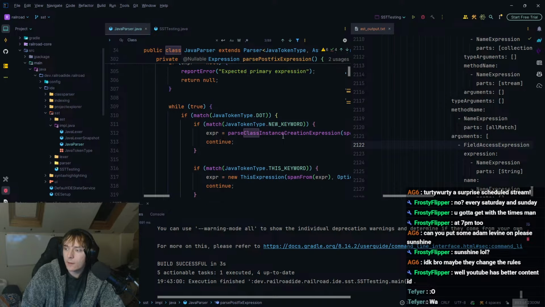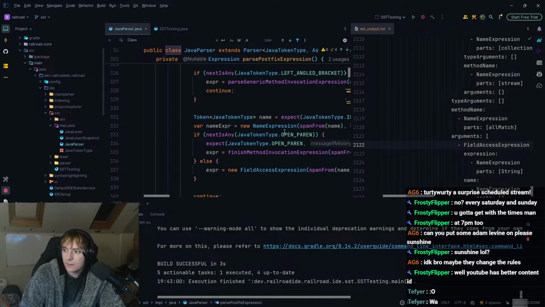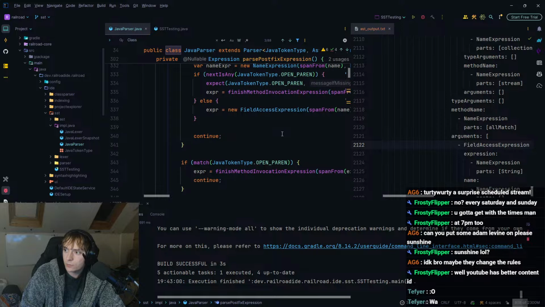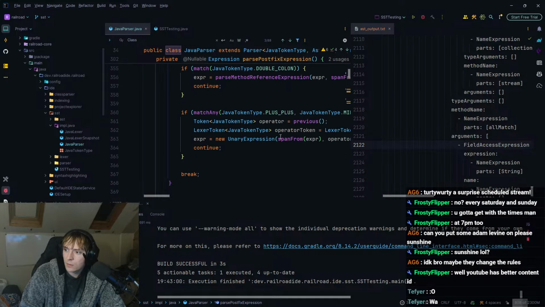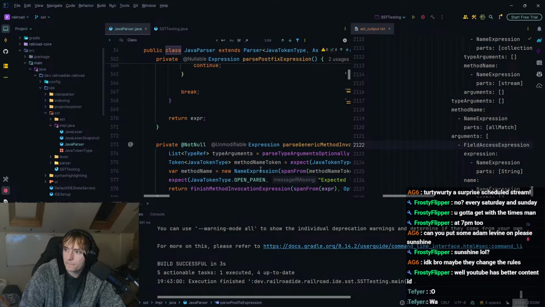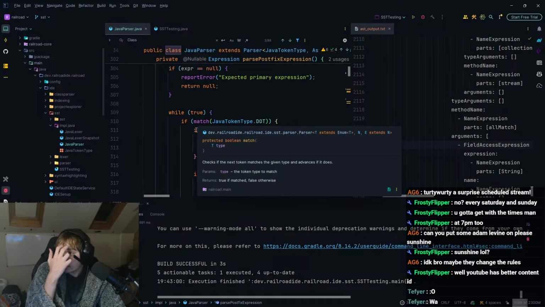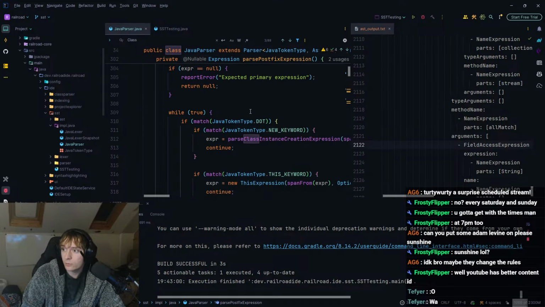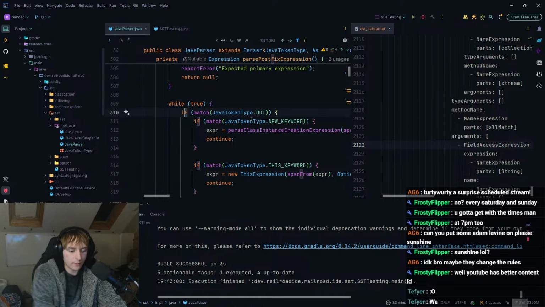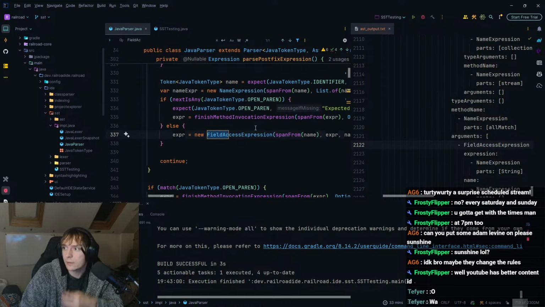Okay, we need to then look in that case at field access expression. So what it does is it finds the dot, right? Well, actually, okay, let's have a look in that case where field access expressions are even happening.